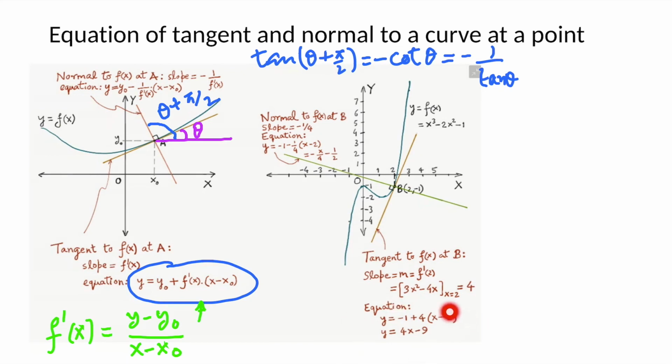And likewise, the slope of the normal to the curve at that point, we already know normal is perpendicular to the tangent, so its slope would be minus 1 divided by the slope of the tangent, which is minus 1 by 4. We plug that into the equation of the straight line, and we get the equation of the normal. So that seems pretty